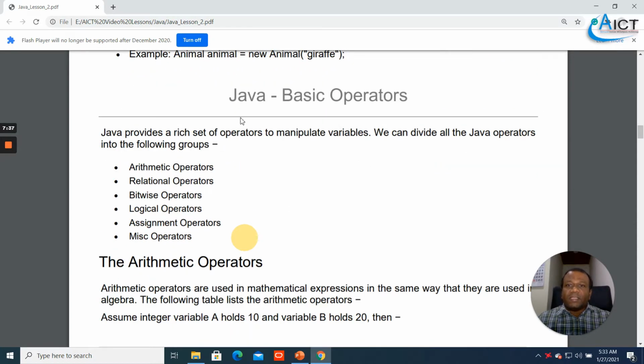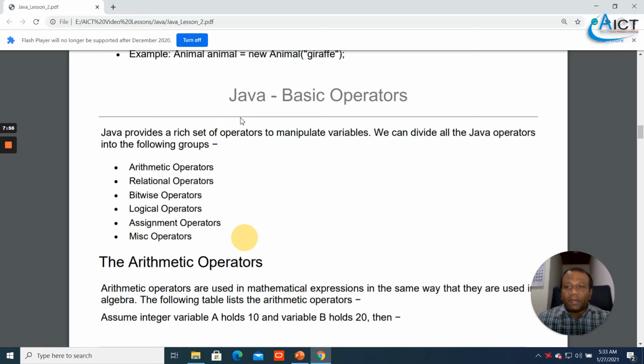Now next we see Java basic operators. Java provides a rich set of operators to manipulate variables. When you are creating a program, we have to perform mathematical and logical operations.